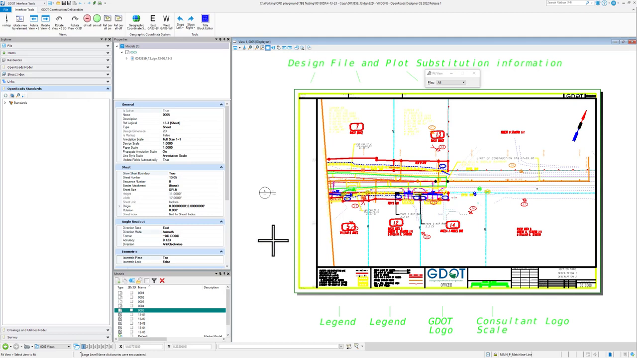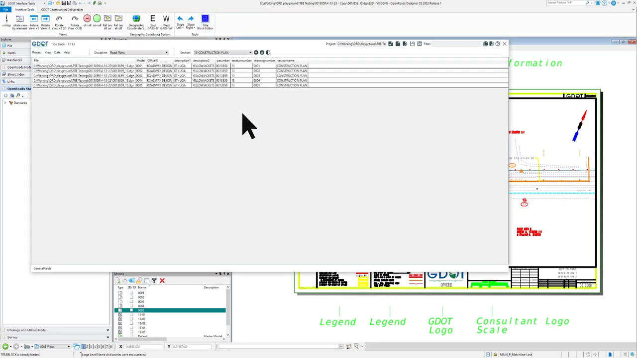Now we're going to show how to use the title block editor. You can open the title block editor by going to the workflow G.Interface Tools and hitting the title block editor. The first time you come in here, you won't see anything on the screen, so you're going to click Project, New,